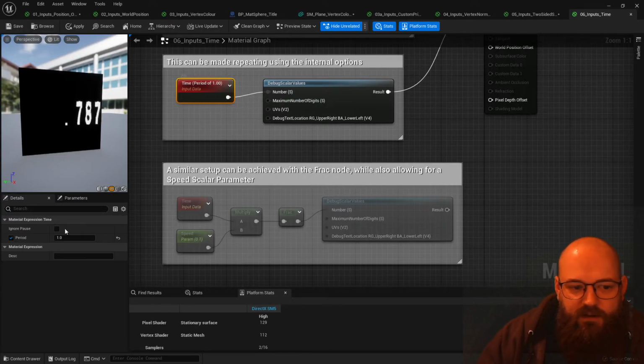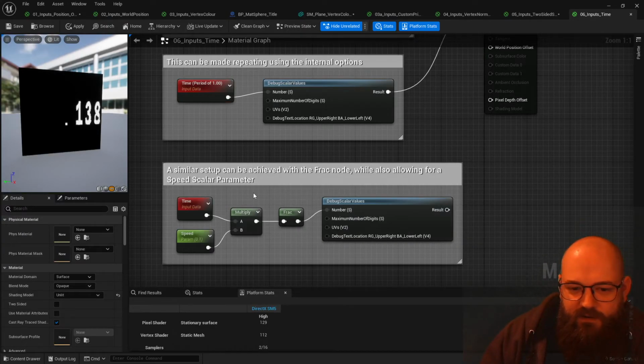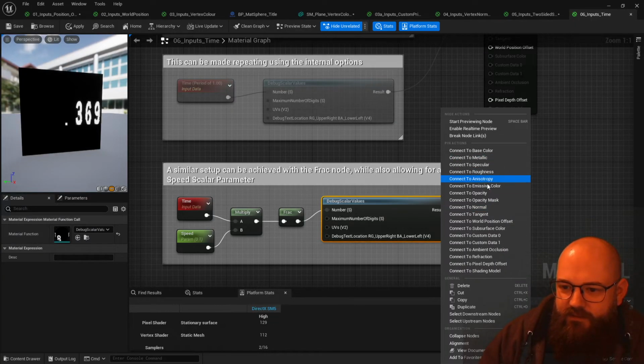So the trouble with changing your period here is if you then want to multiply it, you're going to get values that go from 0 to 5 and then repeat and then get multiplied. It's not what I want. What I want is values that go from 0 to 1 and repeat, but at different speeds, if that makes sense. And so if I just connect this one up,